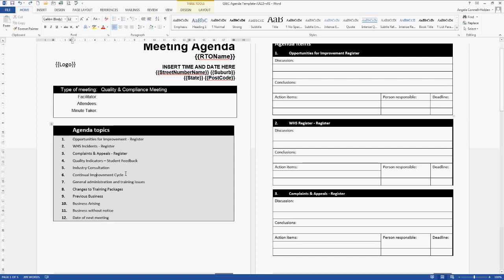So by all means, change this, add more to it. We recommend as a minimum that you keep those top 6 as agenda items, and also changes to the training package, so number 8 as well. You keep those as your agenda items and just add other ones.